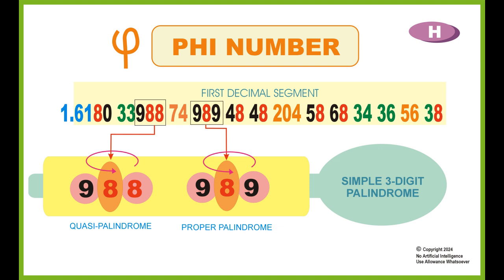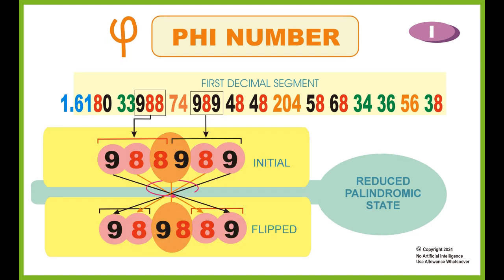Read the number forward or backward, it will still spell 989. The accompanying number 988 is only an approximation to a palindrome. The only aspects that will remain the same in forward and backward read are the number 8 at center and the pair 88. But if you should juxtapose both numbers to one another as in